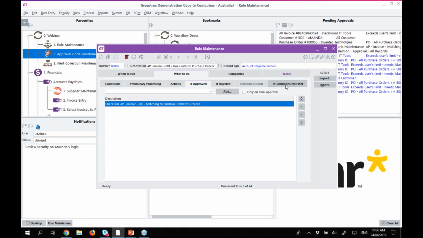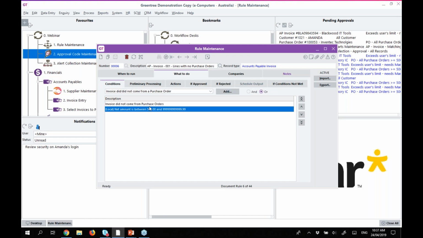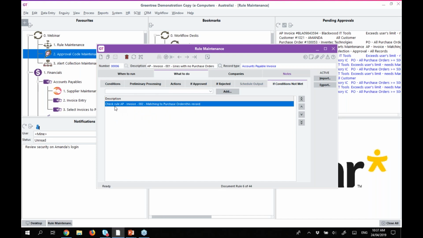Now with approval chains, you'll also notice quite a heavy use of this if conditions not met as well. So if the invoice didn't come from a purchase order and it's over $500, then we're putting it on hold and it requires approval. If it did come from a purchase order or it's less than $500, then I'm heading on over to check whether or not it matched the purchase order. Okay. The next rule in the chain,